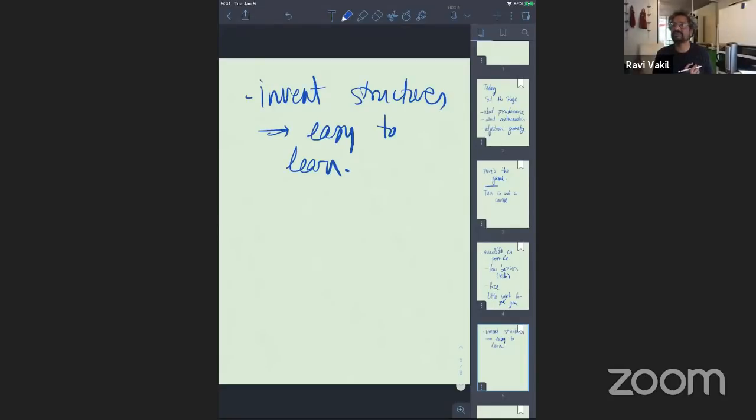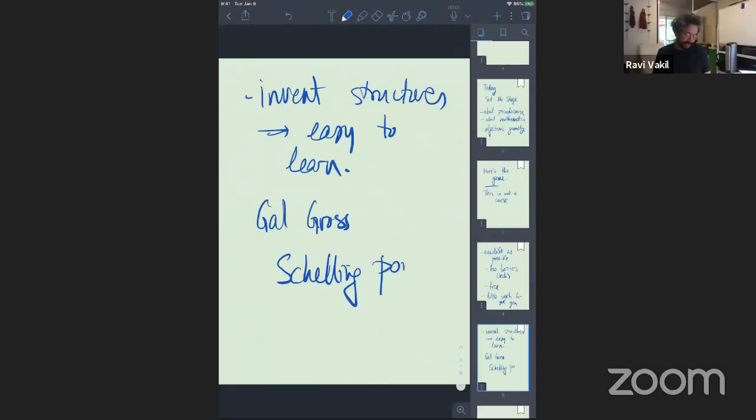And actually, I should say Gal Gross in her sign up form mentioned this notion I looked up that really is great. You should look this up. It's a notion of a Schelling point. I don't know whether I'm saying the name correctly, to try to set up structures that guide people to doing good things naturally. And so this takes advantage of the fact that you're human, or most of you are human.